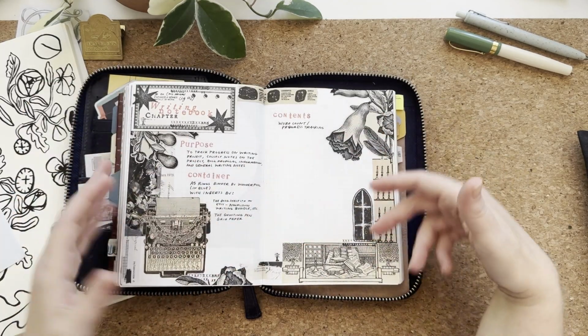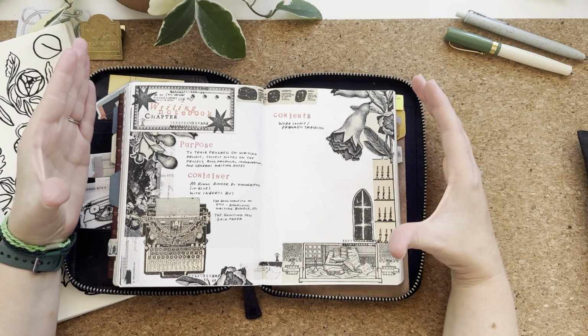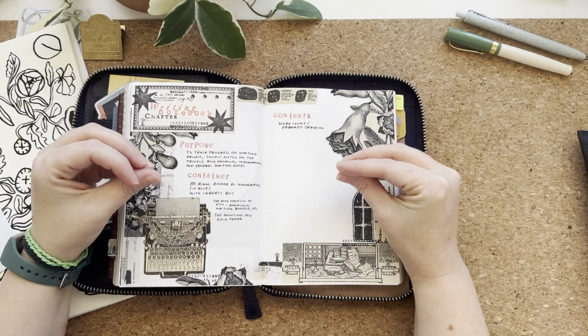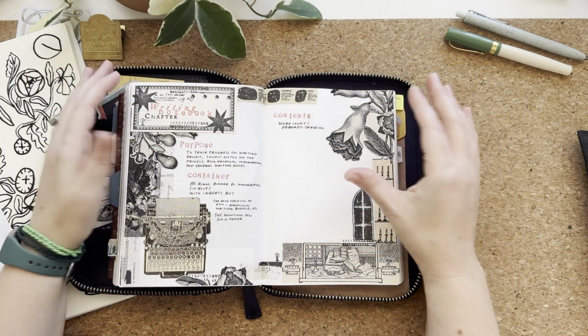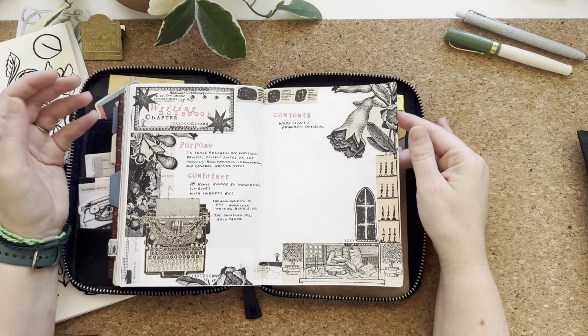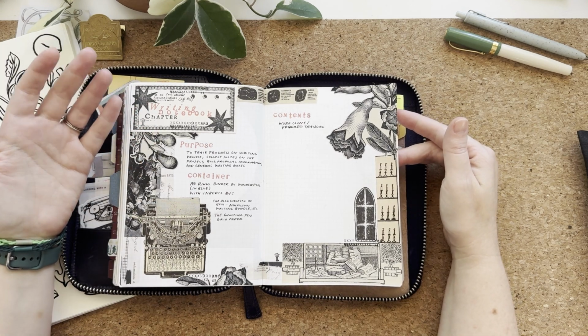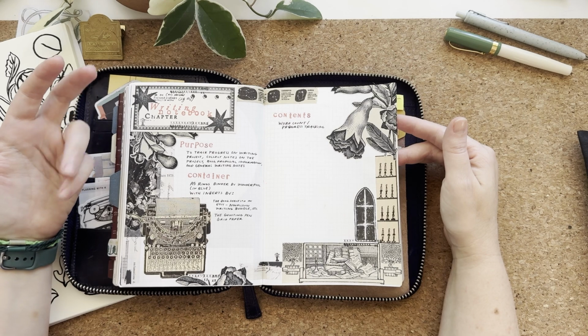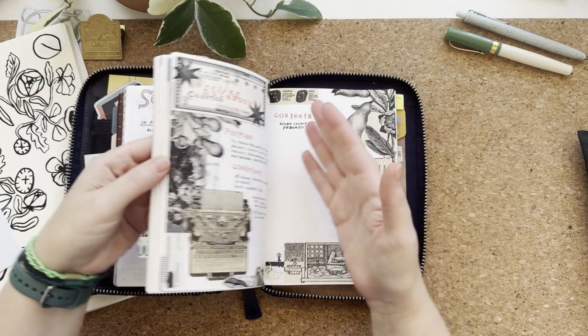I mean, I love this vibe. So I just wanted to make a cozy spot to put the notes for this workbook because it's exciting to me, and it's just fun to kind of play into what's making me happy or what I'm looking forward to. It's fun to journal about it and kind of have that meta experience. I mean, you can tell that I do that a lot actually,